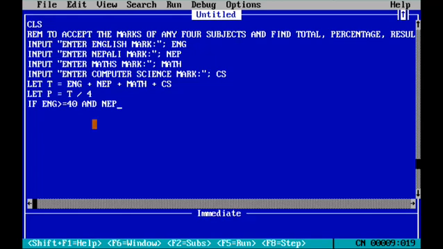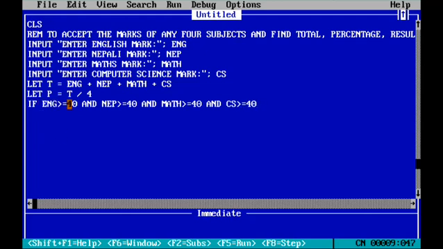Nepali NEP greater than or equal to 40. Again we have to give math MATH greater than or equal to 40, and computer science CS greater than or equal to 40. This way we have to write the condition.